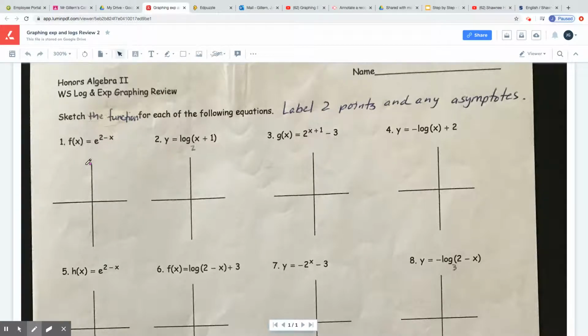Hey guys, I'm going to go over the second review here with all the different types of graphs. All right. So for the first one, we have an exponential. So exponentials, remember,